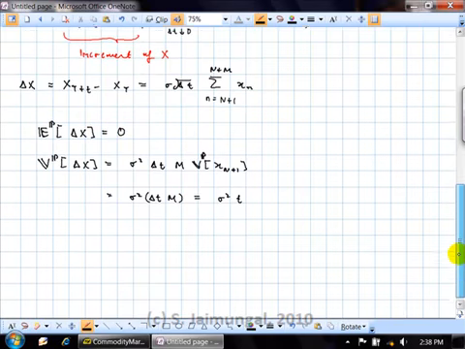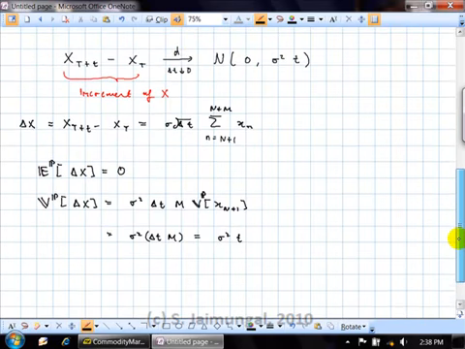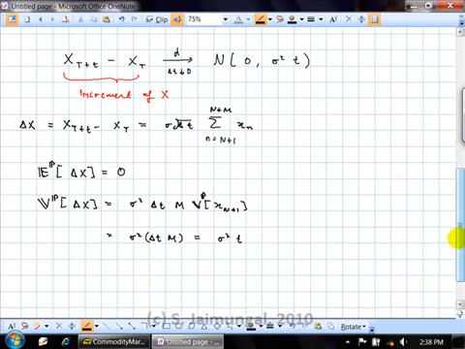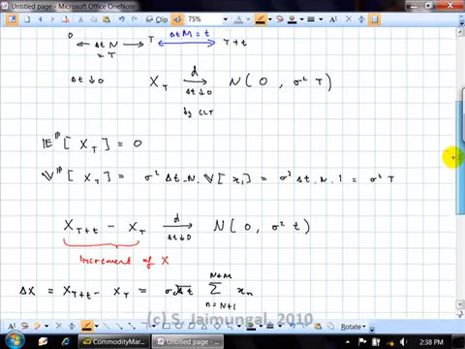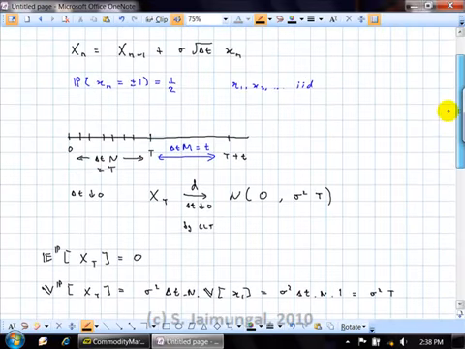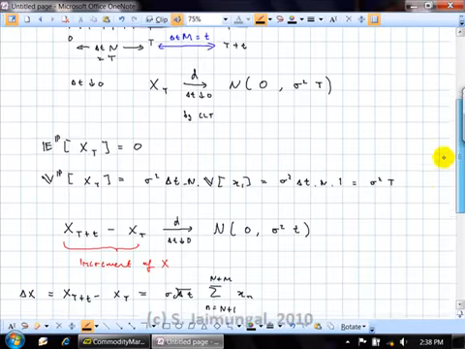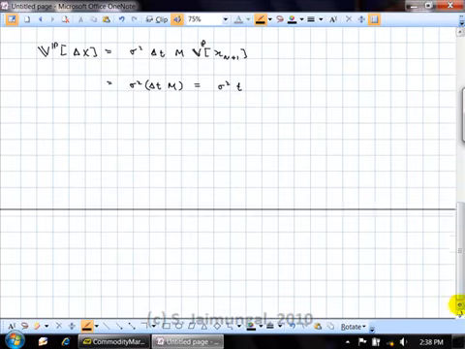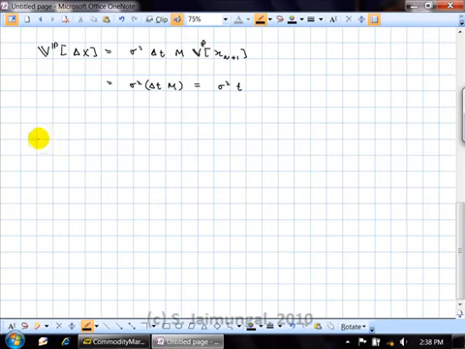Okay? So we've established that the increment is also normal with mean 0 and variance equal to sigma squared times the time of that second window, right? Times the size of the increments, basically. So that's a general rule now that we can actually use and utilize. But there's another question we could ask. What if I looked at